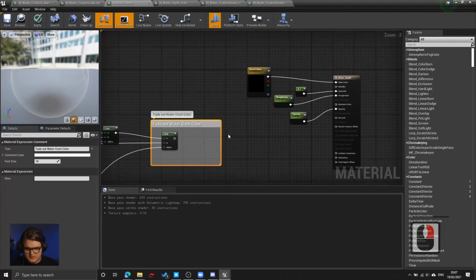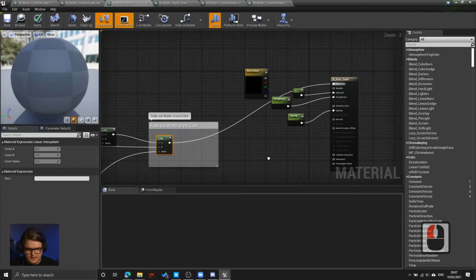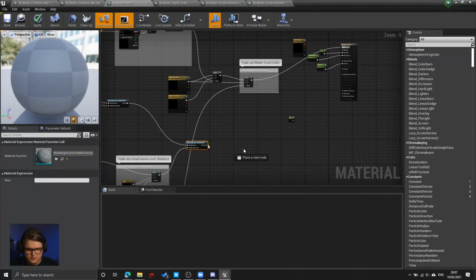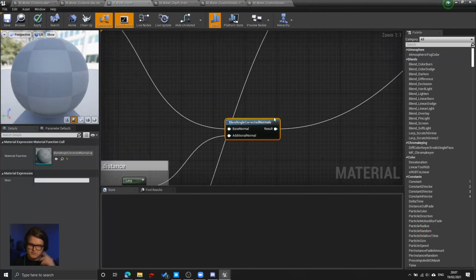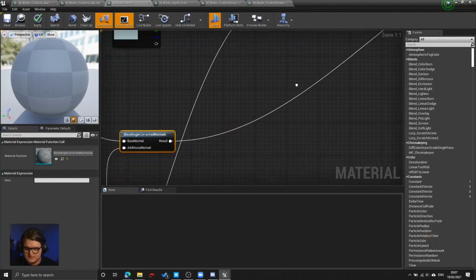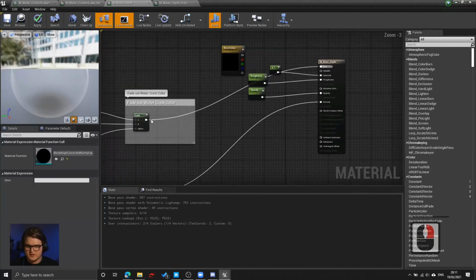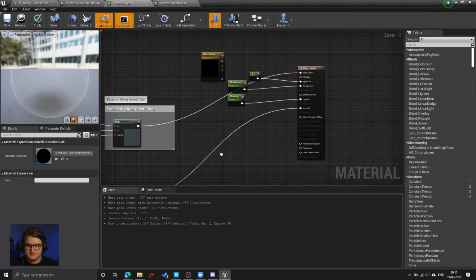This node here will feed into the base color, and this node here will feed into the normal. This node being the node that went into the normal on the starter content material. Excellent. So we have the color coming into the base color, and then the normals from our starter content material